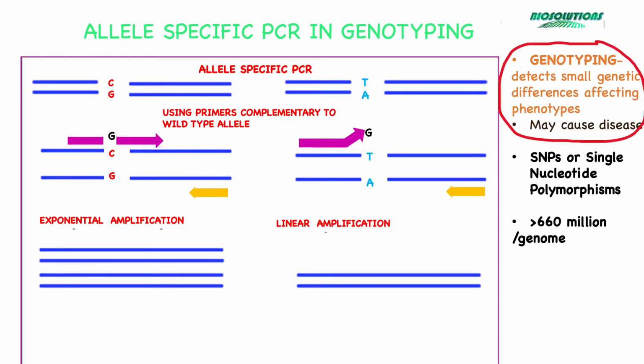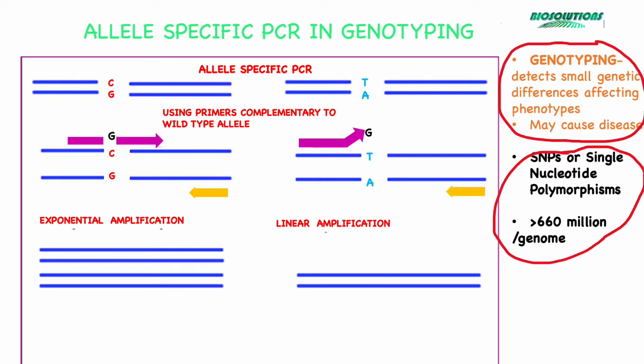And what is genotyping? No two human beings, except for identical twins, share exactly the same gene sequences. There are minor variations or genetic differences in a population which affect phenotypes like different eye color, etc. These alternate forms of a gene are called alleles, and alleles are a common occurrence in a population. However, some alleles may be pathogenic and thus cause disease. On the other hand, many single nucleotide polymorphisms or SNPs have also been associated with diseases like cancers.